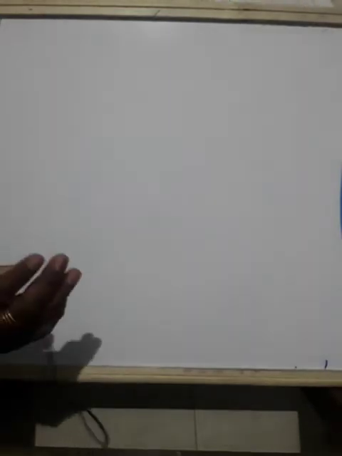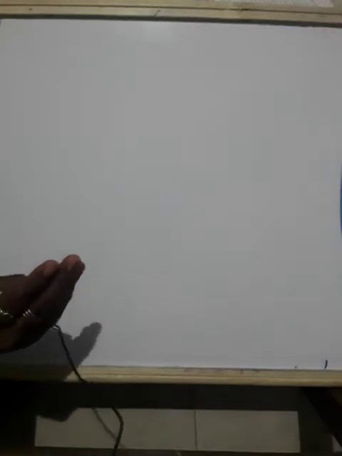Good morning, children. Today we will continue how to write the formula. So first of all, there are some basic things which we studied yesterday only. To write the formula of any compound, you should have the knowledge of valencies. Valency is the combining capacity of an element.